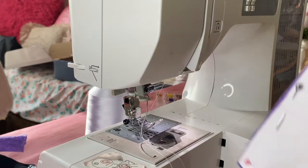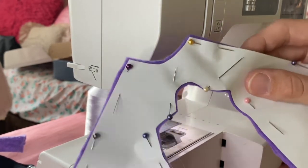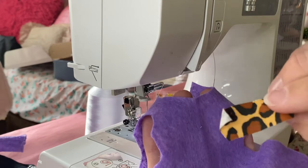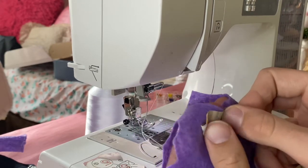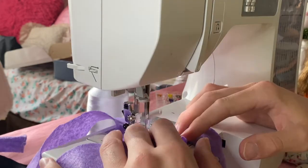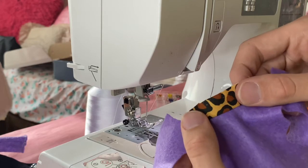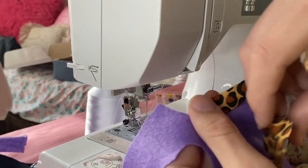And now I'm gonna set that aside, and we're going to grab this piece, and we're essentially going to be doing the same exact thing. Again, we're taking that back collar piece, lining it up with the center back, and sewing it on. Now that we have that sewn on, I'm gonna go ahead and take our lining piece, and we're gonna put